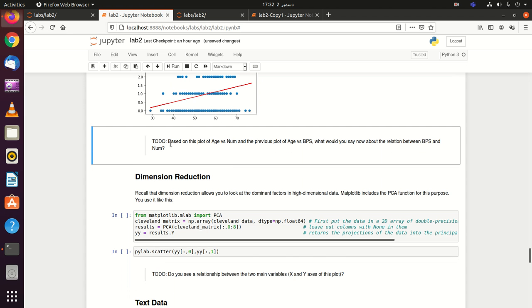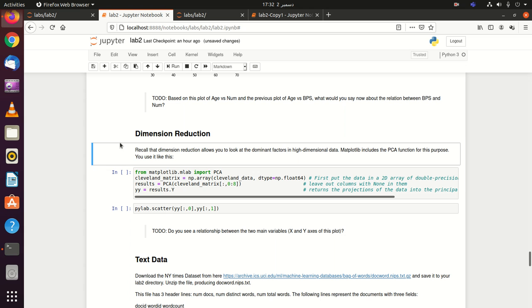Okay, so in the next step we would want some dimensionality reduction. That means that instead of using the 14 parameters, we would like to reduce them to a small number of parameters which are more uncorrelated or independent from each other using PCA, or principal component analysis. We would cover PCA briefly in our lectures as well, but for now just remember that PCA is a method to reduce the number of factors or dimensions in a data set, and it basically